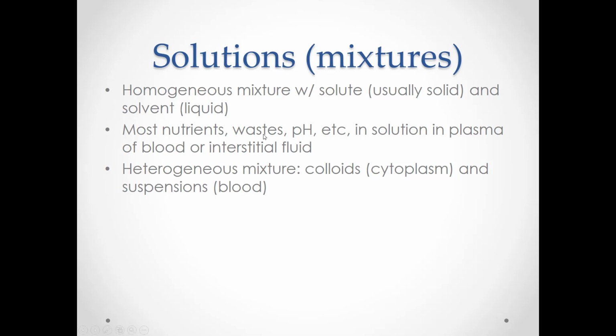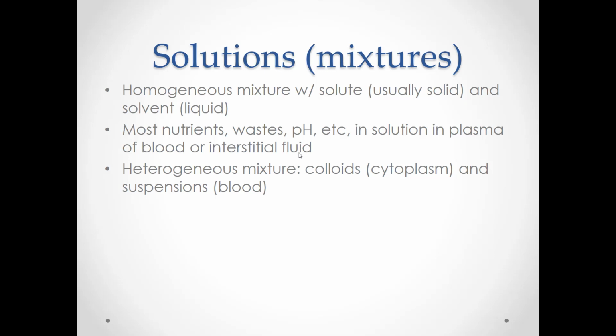But most of our nutrients, wastes, hydrogen ions, all that in solution are in the plasma of our blood or the interstitial fluid between our cells outside of our capillaries. And so those would be homogeneous mixtures. So interstitial fluid, blood plasma, there are going to be a lot of components dissolved within that, and that makes